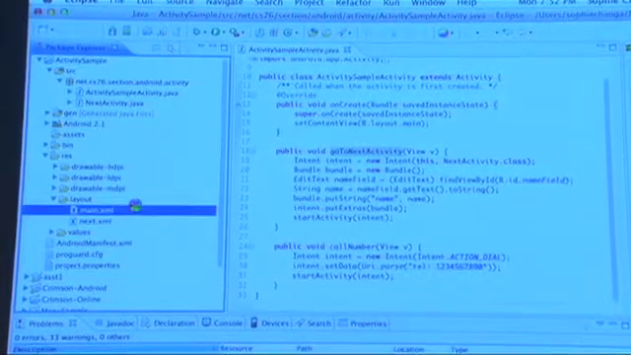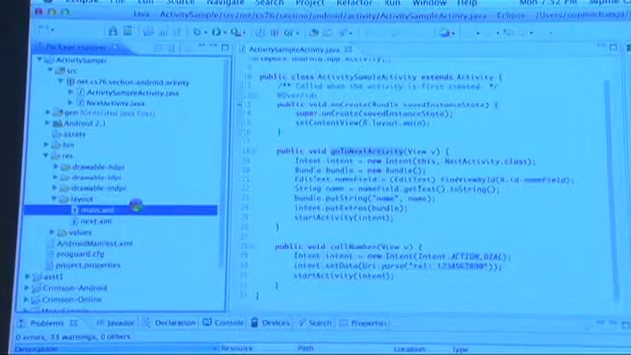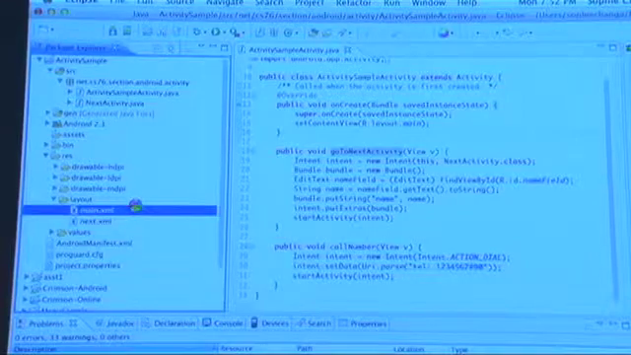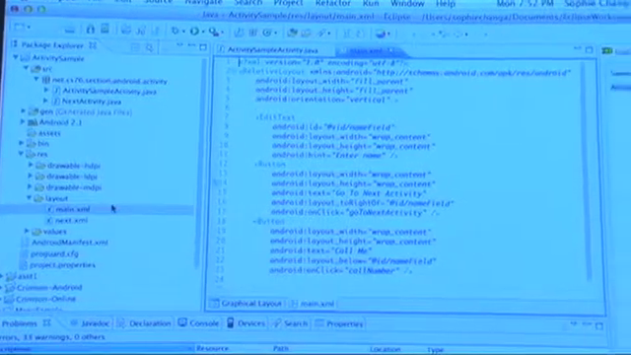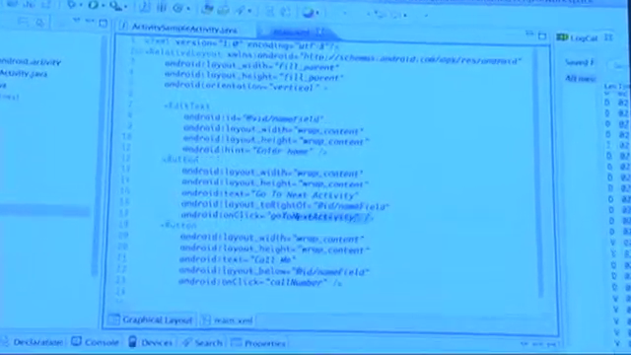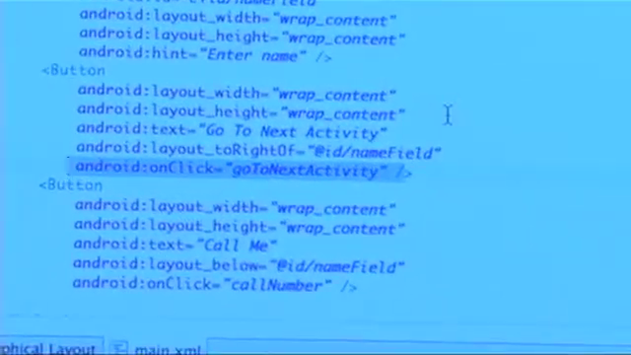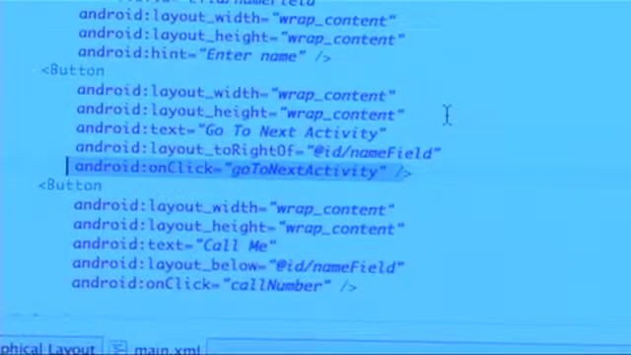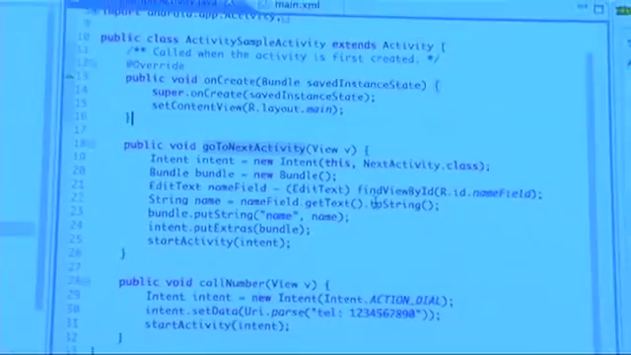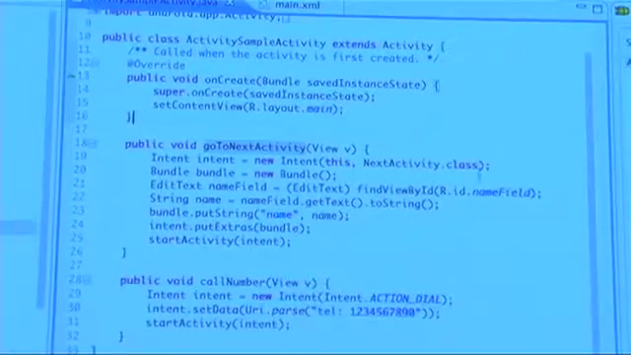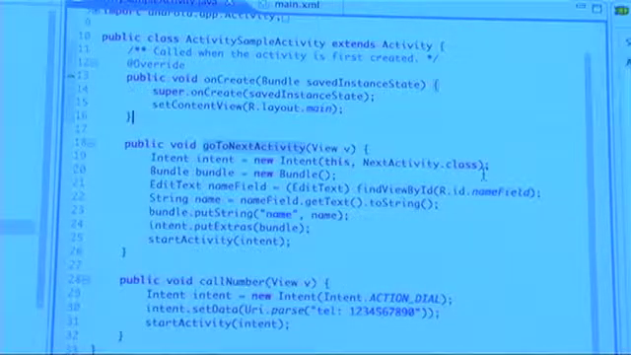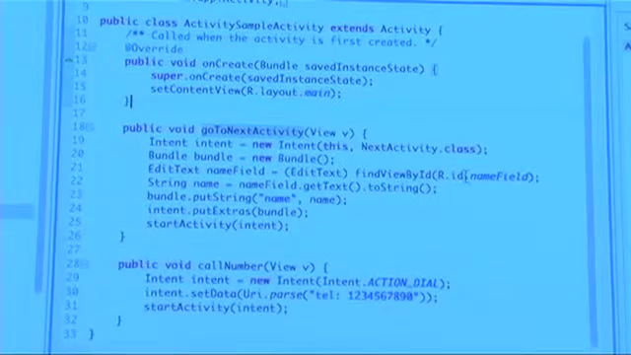So it's actually a button, and you do android:onClick equals, in quotes, goToNextActivity. As you can see here, this line allows that when the button is clicked, it will execute this goToNextActivity function. So right here, we're going to change to a different activity, and we're going to use bundles to store a